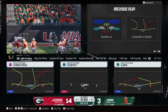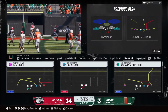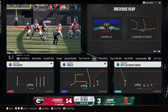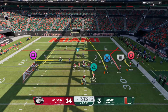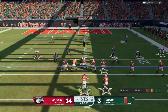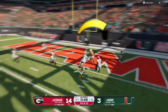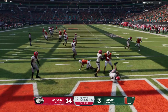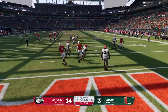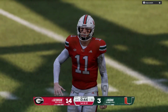It's been tough for this QB in this one. Very small windows to throw into, and he's been under some duress as well. It's hard to find a rhythm as a QB in those types of situations, and that's why it appears as though his team's going to be leaving here with an L. On fourth down, going to the air. Intercepted, big play, stops the drive. The defense making a play to put an exclamation point on this one, and that ought to do it. And that's kind of what this